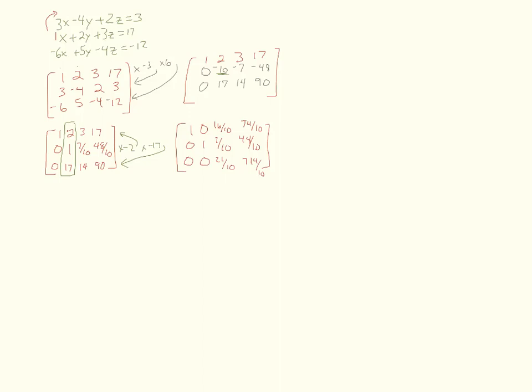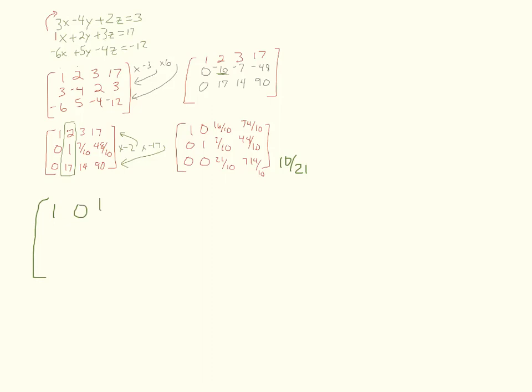And let's look at what the last value is. Now, if I look at this third column, I want 1 in the third row, third column. So if I multiply that column by 10 over 21, I would get my 1 that I'm looking for. So we're just going to multiply this one by 10 over 21 and get something. Okay? So the first two rows, we're going to rewrite 1, 0,